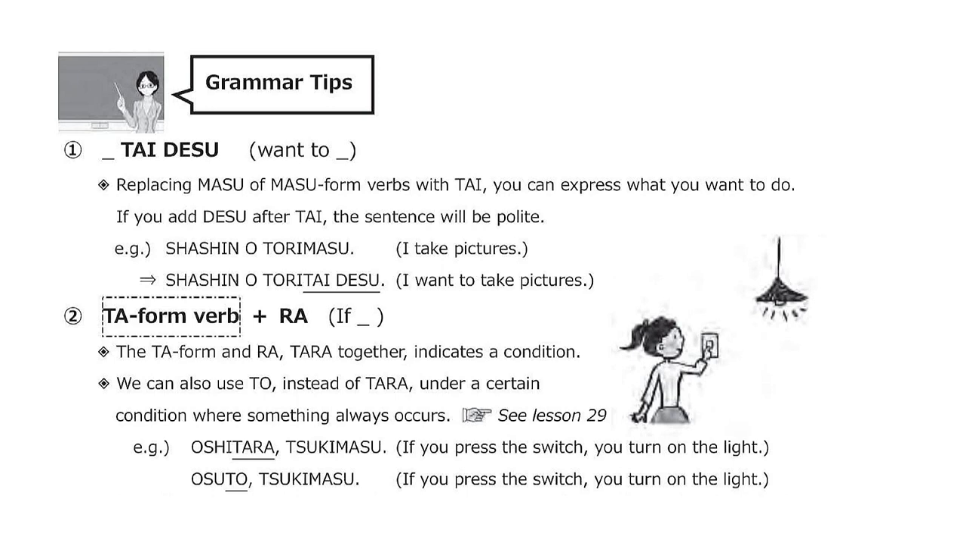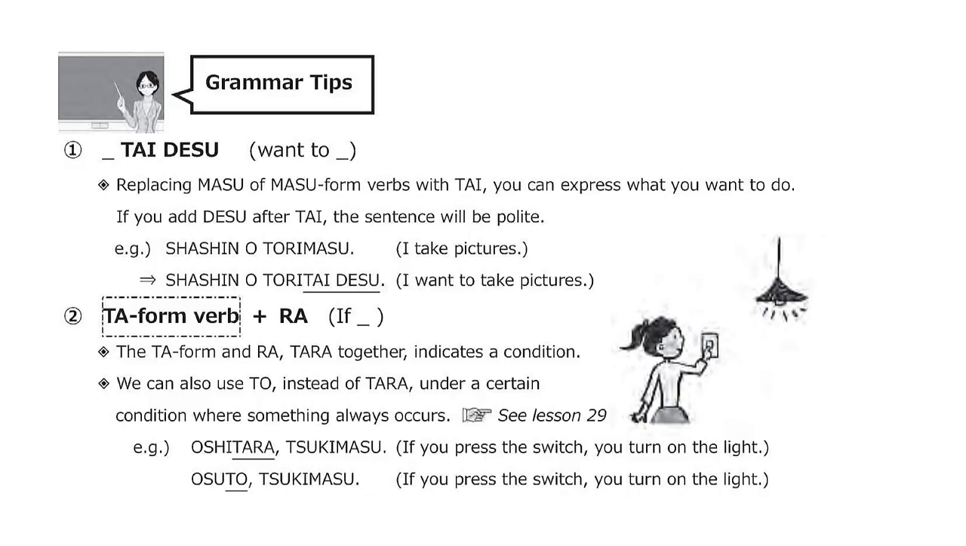We use to when we show that under a certain condition, something always occurs as a law of nature, a habit, or an expected result. So we use it, for example, when we want to say, if you press the switch, you can turn on the light. Here, to connects the condition, you press the switch, 押します, and its result, the light will be on, つきます. So using to, we say, 押すとつきます。 In this case, we can also use tara and say, 押したらつきます。